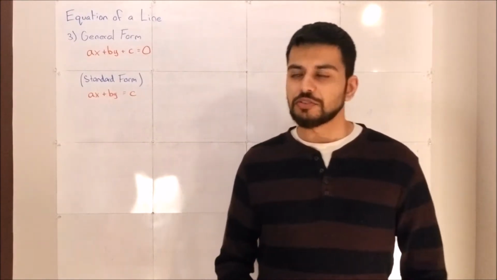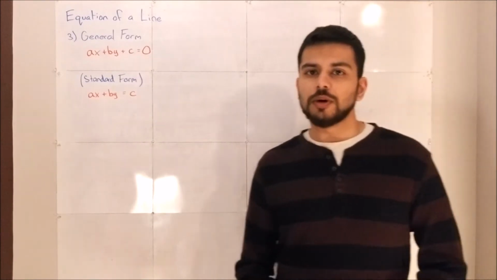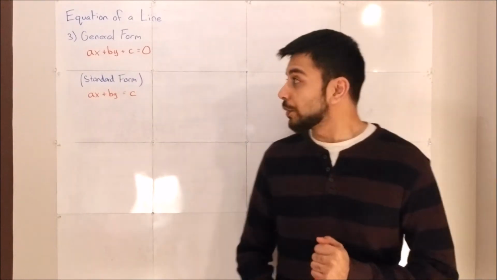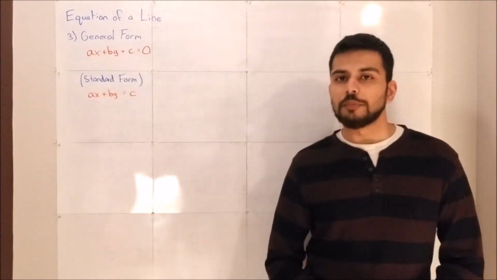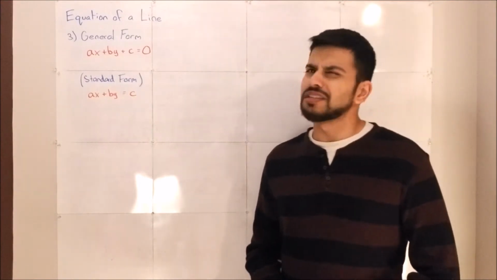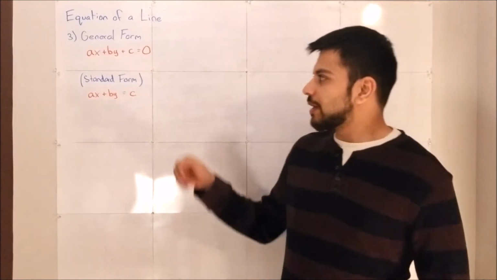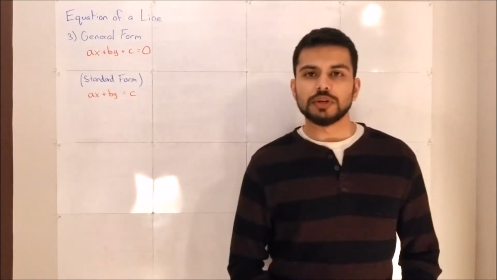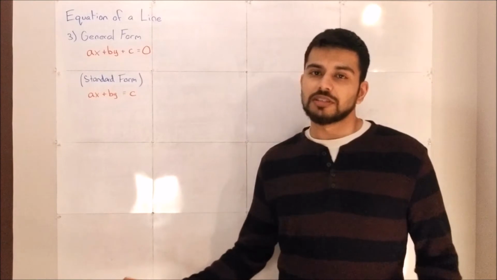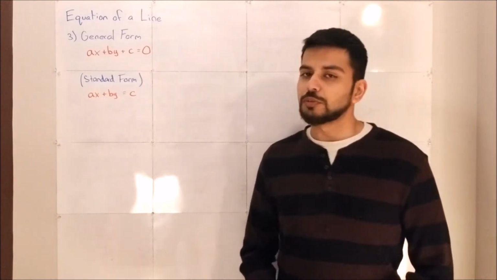Hey, Applied Pre-Cal, you've made it to our third and final part of the equation of the line. We're going to be looking at what's called general form. Before, I was a little hesitant about saying if it's 3 or 4 equations. General form is the one we're going to look at. There's another one called standard form that we're going to acknowledge because it exists, but general form is what essentially